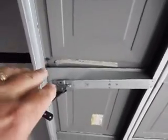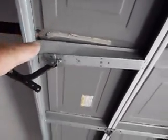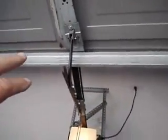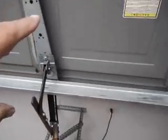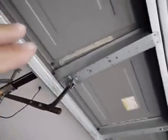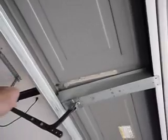Okay, the garage door opener mount here is broken away from the door. Now at the present moment it doesn't look as if it's done too much damage, but I can tell you from experience this will quickly deteriorate if the door is used a lot. And I recommend you get a garage door professional in and have this fixed, because I think it's fixable